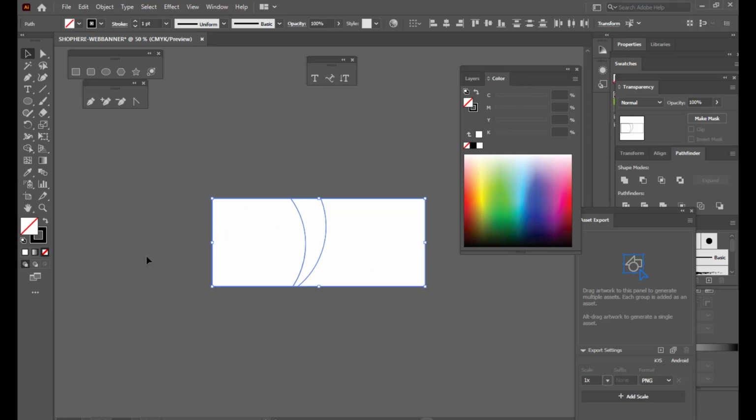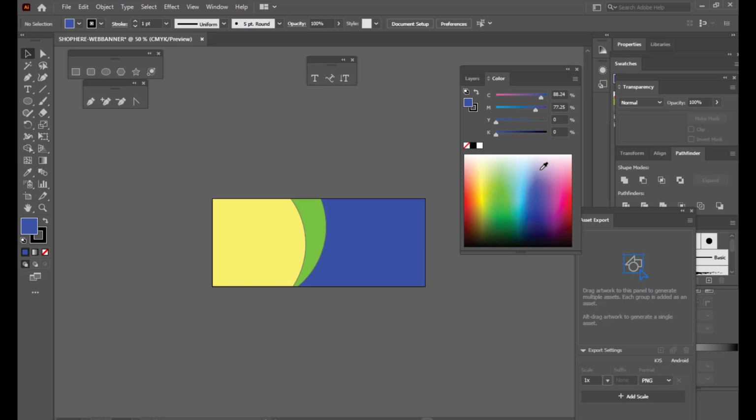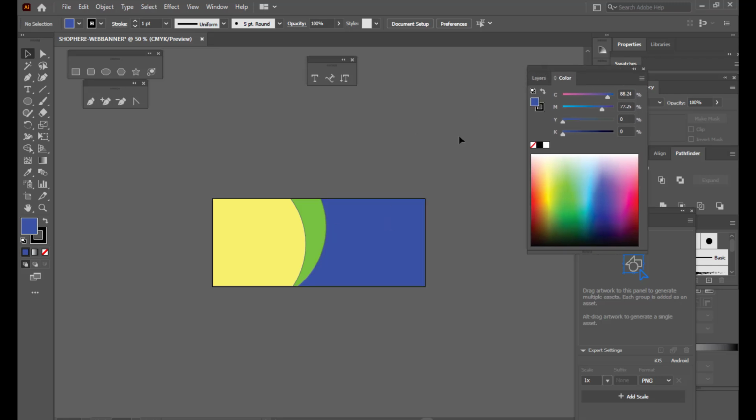So again, select the entire artboard, or you can say all the strokes, by drawing a selection from outside, and then we will use the Shape Builder again. We will select a blue color and fill the right side with blue, the left side with yellow, and the center part we can fill with green, right? So this is the coloring of our web banner.